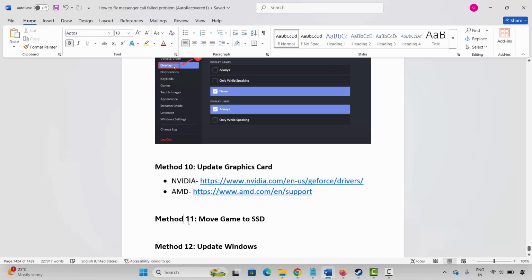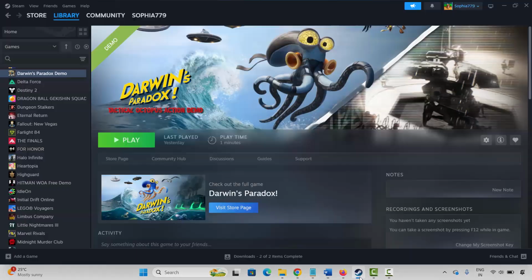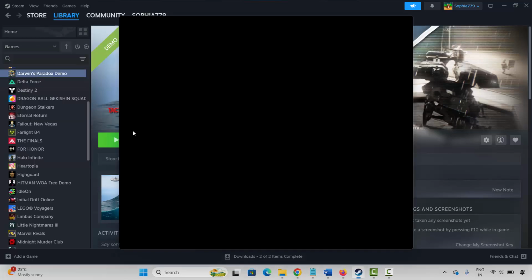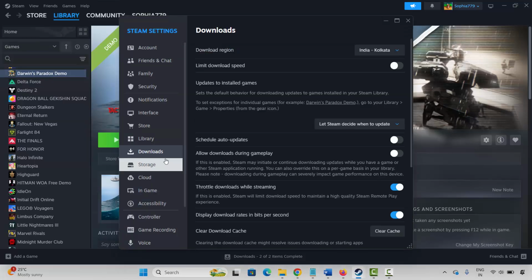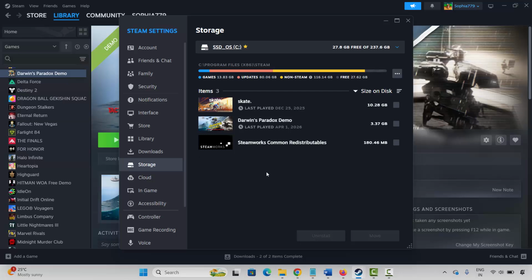Next method is to move the game to SSD. So you should make sure that your game is installed on SSD and not in any other drive. If so, you have to move your game to SSD. So you can check it easily. Just launch Steam, click on Steam option, click on settings. After that, click on downloads, then storage, and here you can find whether the game is installed on SSD or on another